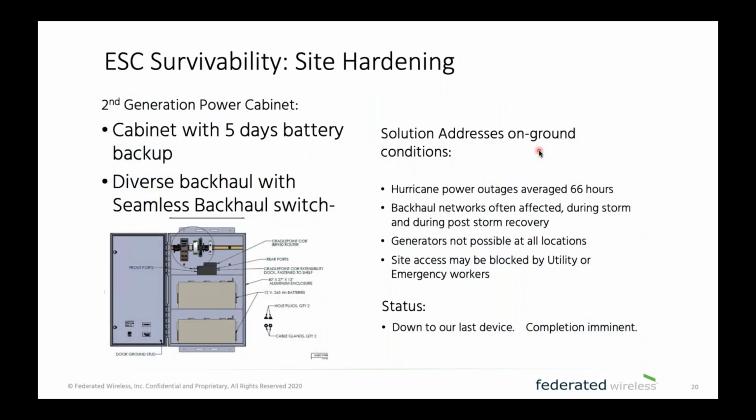In addition, we've upgraded our power cabinets. So in specific areas, and we're just about done with this too. We're down to our last device in Texas right now. We've gone to those sites in the United States that are most prone to storm activity. So Texas, Gulf Coast, Florida, etc. And we've replaced our power cabinets for something that offers 5-day battery backup,